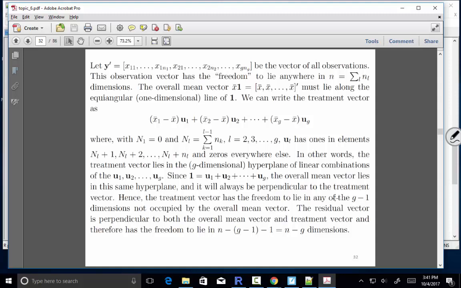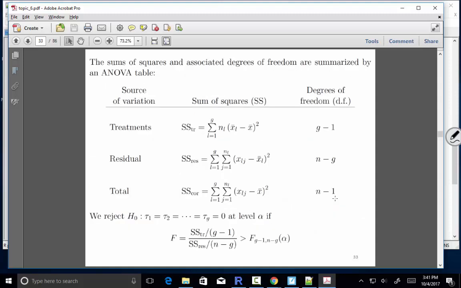This comes from another multivariate statistics book by Johnson and Wichern. But there's a way to think geometrically, kind of visually, about this idea of degrees of freedom. For each one of these variability estimates, there is a separate degrees of freedom. And in ANOVA,